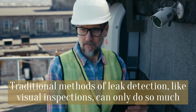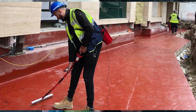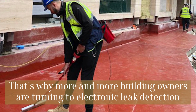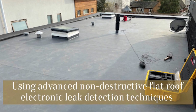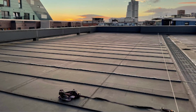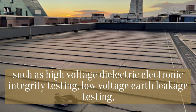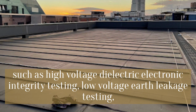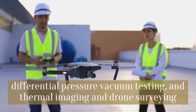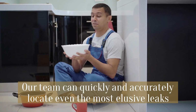Traditional methods of leak detection, like visual inspections, can only do so much. That's why more and more building owners are turning to electronic leak detection. Using advanced non-destructive flat roof electronic leak detection techniques, such as high-voltage dielectric electronic integrity testing, low-voltage earth leakage testing, differential pressure vacuum testing, and thermal imaging and drone surveying, our team can quickly and accurately locate even the most